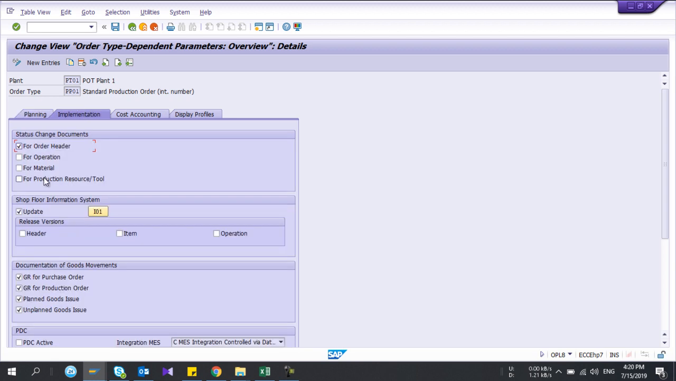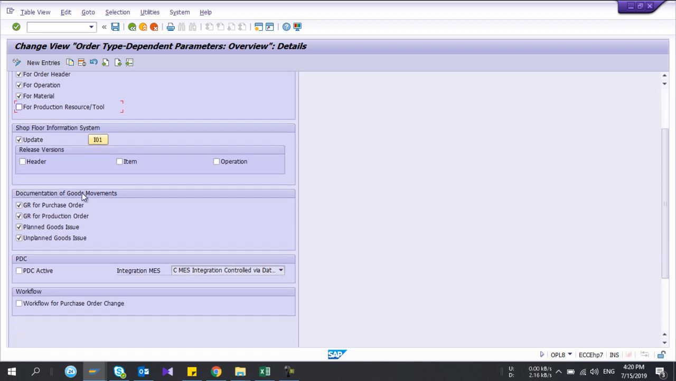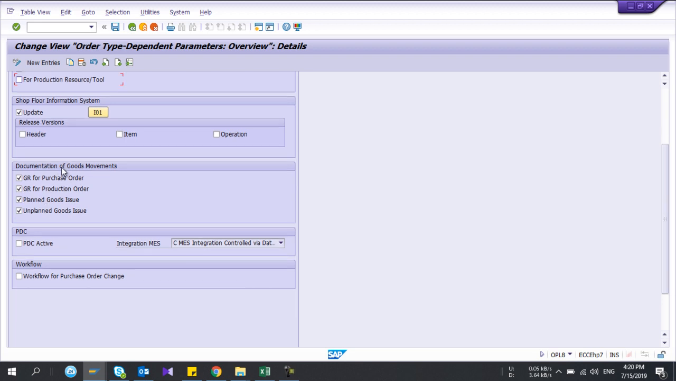Under the implementation, you need to record the status changes of the document. Better you tick all these things. If you are not using production resource tool, you can ignore it, right? And documentation of goods movements, so it will save the documentation, right? So better you take all these ticks. Okay,